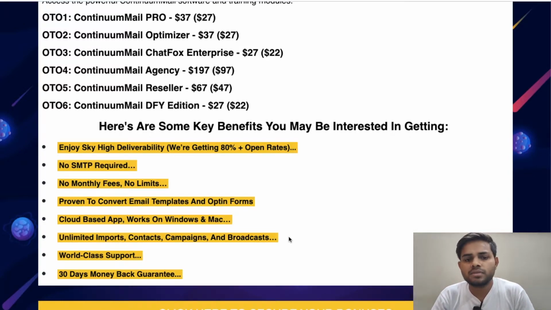So guys, with this software you can import unlimited files and collect unlimited contacts and also run unlimited campaigns and also broadcast. So guys, this system is going to help you a lot if you are in the make money online niche or you have a large subscriber base. Then this software helps you a lot guys.